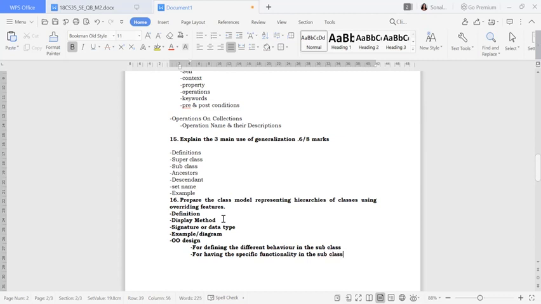So these 2 points you are going to highlight inside your OO design. If you write these things, then you can get the marks. If you want, you can highlight arguments, parameters, methods, types of argument, all these things. So this is all about your overriding features. It can come for 6 marks of question.